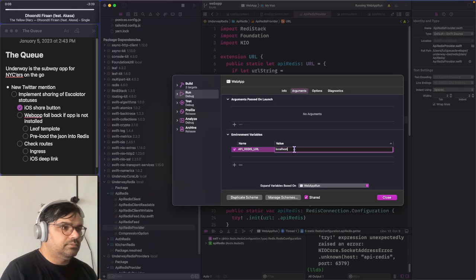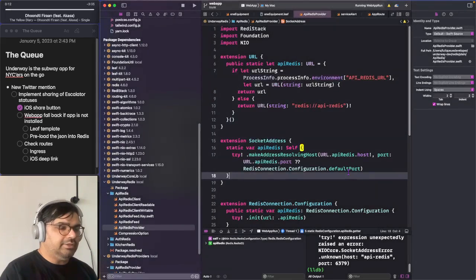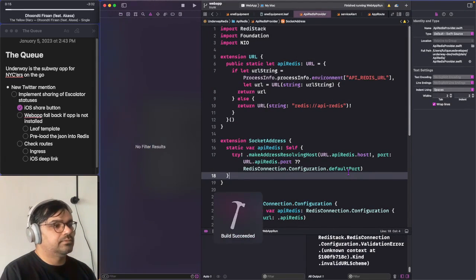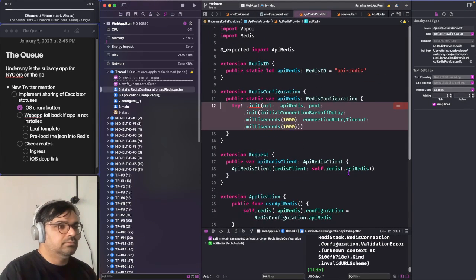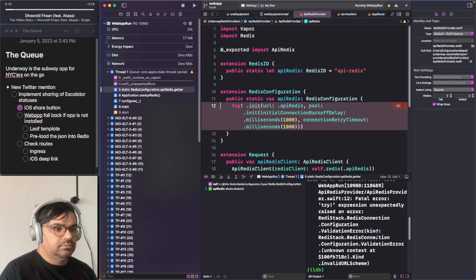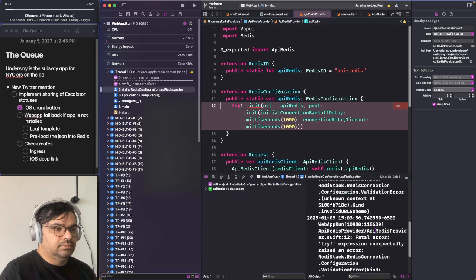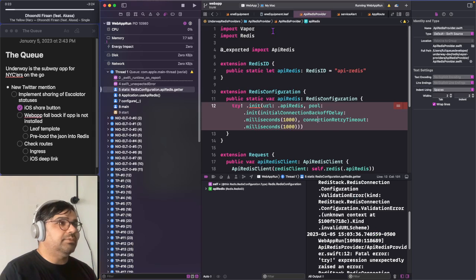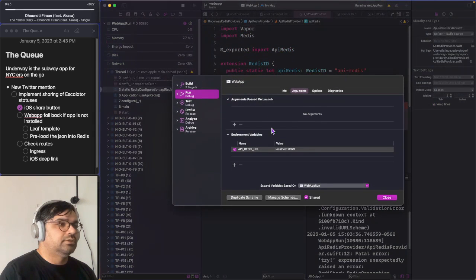Okay, let's try that again. Invalid URL scheme. Okay. Let's try redis://